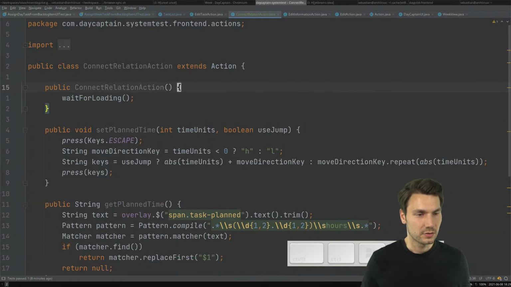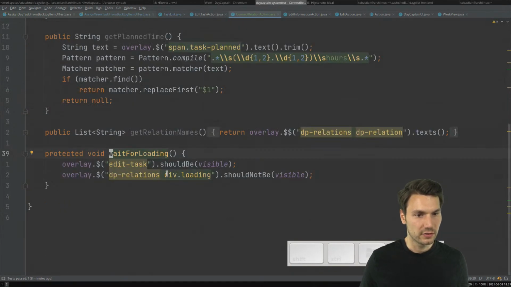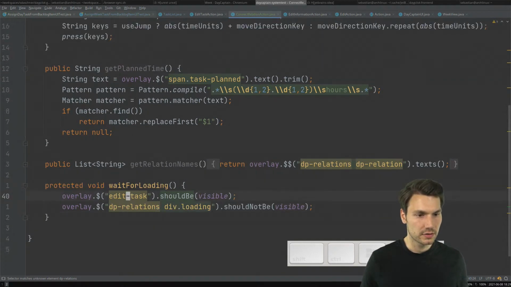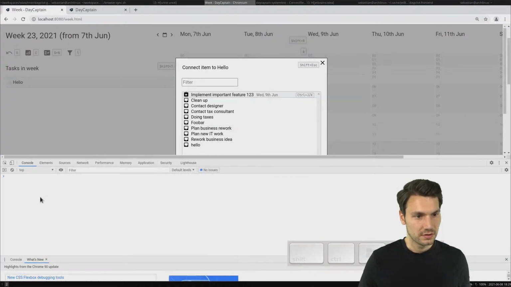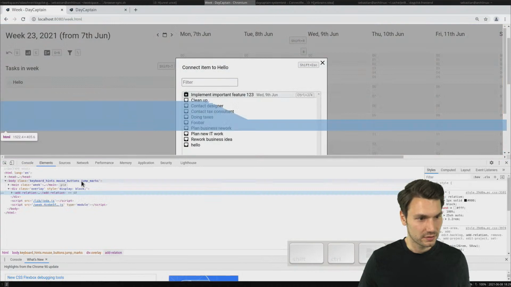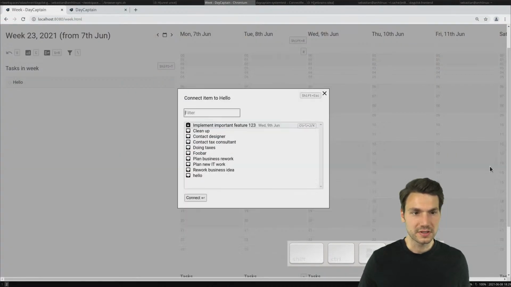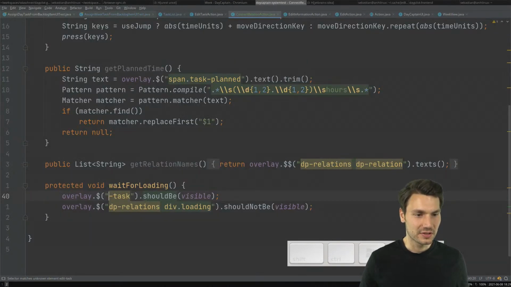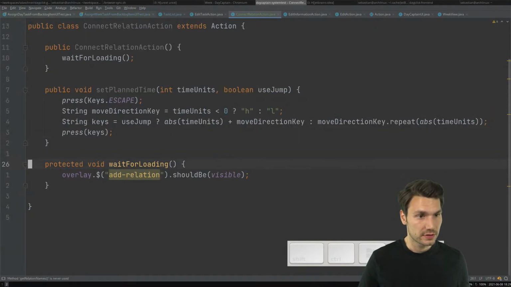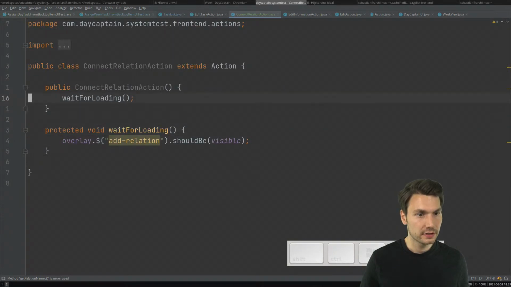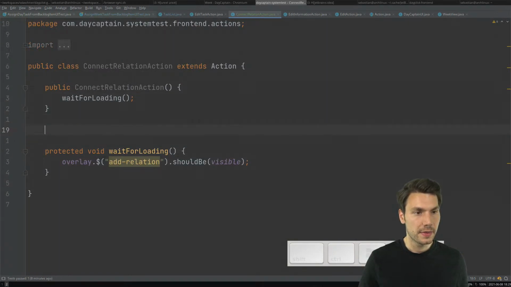All right, so when you open this up, wait for loading, should be visible, edit task. So this is, oh God, what's the name for it? Now we have to look up the name of the HTML element. Add relation. Okay, interesting. Because it uses custom components, this should be visible. All the other ones have been copy and pasted. We can get rid of that. So wait for loading, that's fine. And then saying,